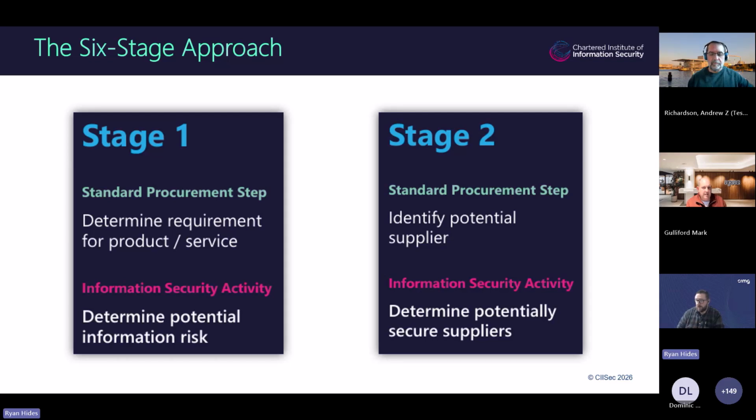Now, this is also where ideally you would scope out the service: what information is being captured, is it being hosted, are they accessing your network, are they taking the data away and hosting it locally, and if they are accessing your network, how they're accessing it. So you do your scope, and you'd also do the business impact analysis here as well.